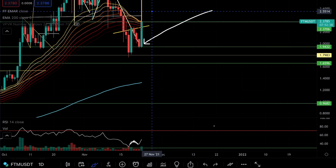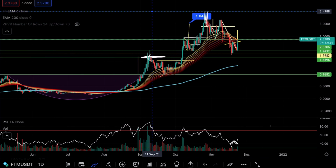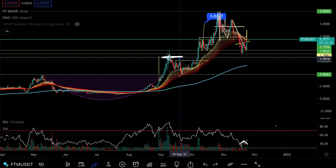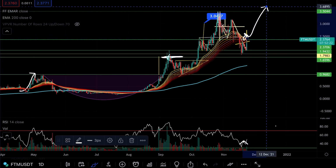Now, let's also take a look at what Phantom has done previously, because you can see here, anytime we've managed to recover our EMA ribbon, we've got an absolute move thereafter. So this is really setting up nicely. You can see the pump there as well. This is really setting up nicely for Phantom. If we can get it back above this EMA ribbon, I can see us eclipsing all-time highs at $3.50 and